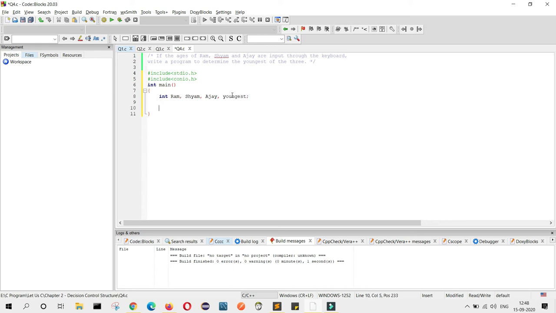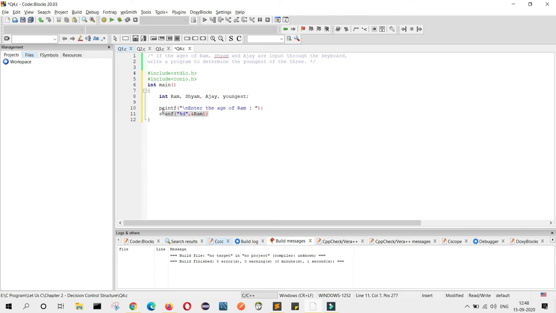Now we will write a print statement, printf enter the age of Ram. Then scanf. You can write all the ages together in one line, or if you want you can write all three ages in different lines, as I am doing. %d and Ram.